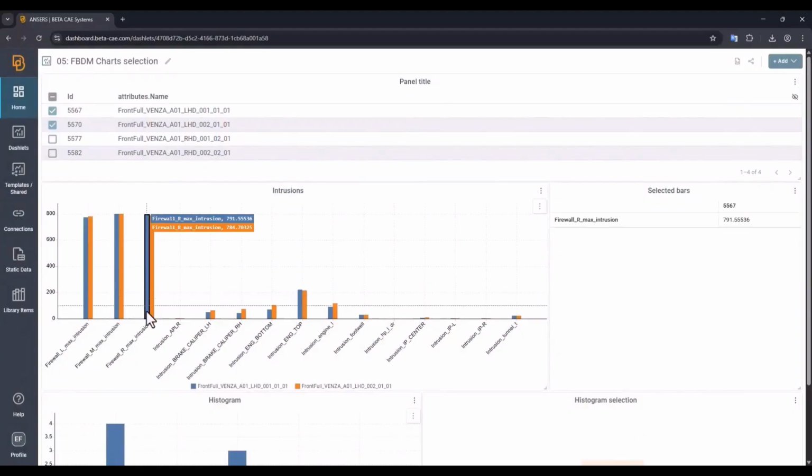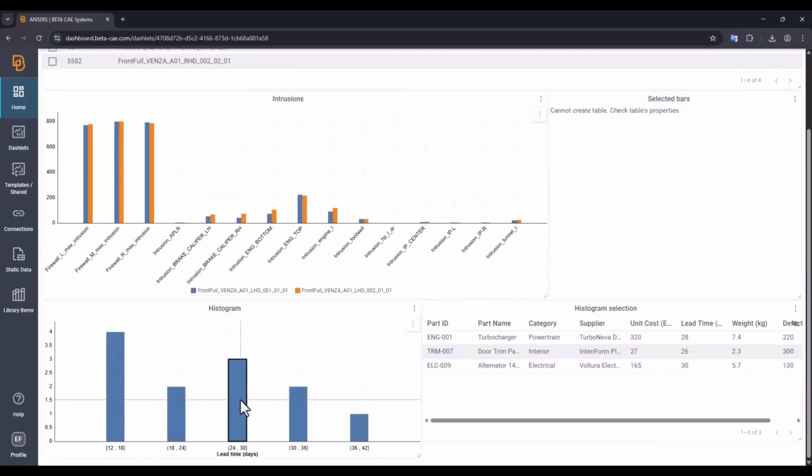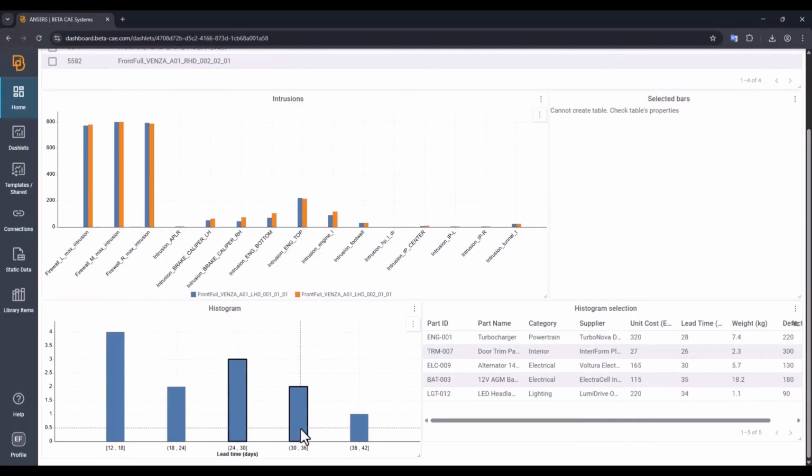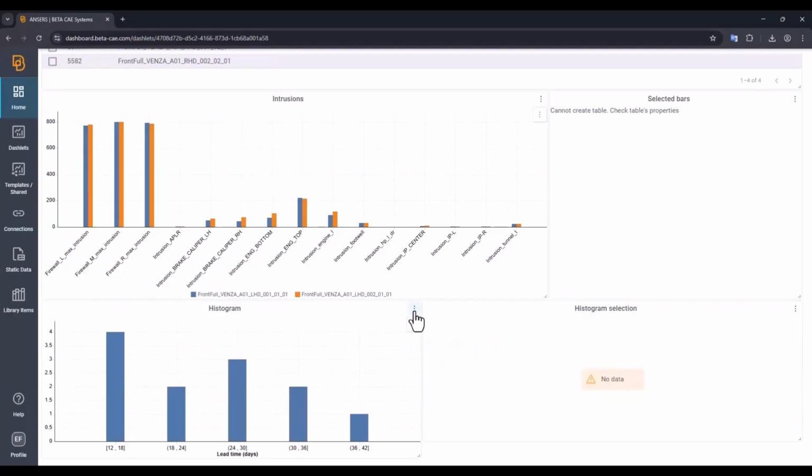We can select some bins from the chart, and on the right there is a list that receives the selection of the chart. With the Clear Selection option, the bins are cleared and the list is updated at the same time. The same happens for the histogram chart. The selection populates the list on the right, and on the Clear Selection the same action applies. Moving to the panel options, we can see in the properties the selection that it is activated for the bars.